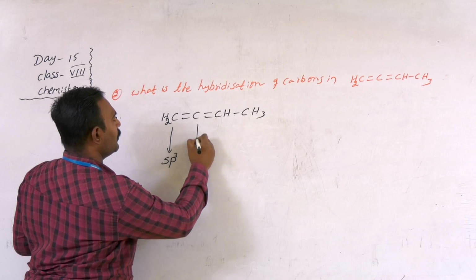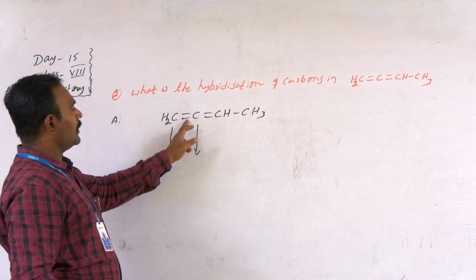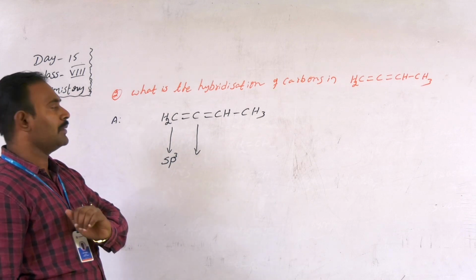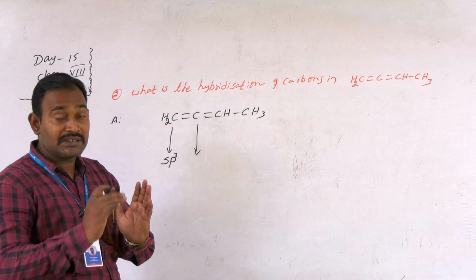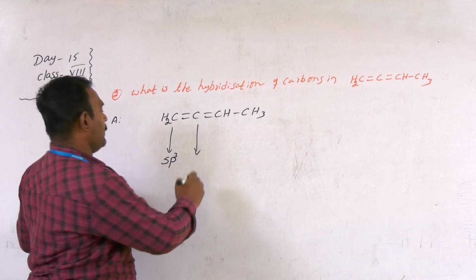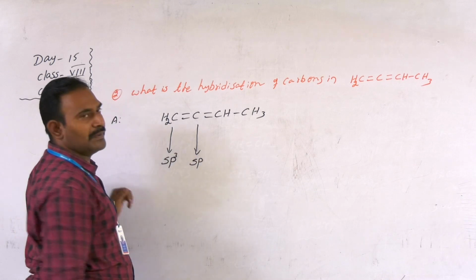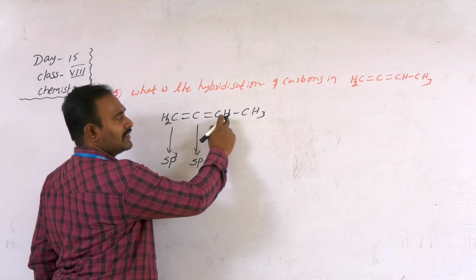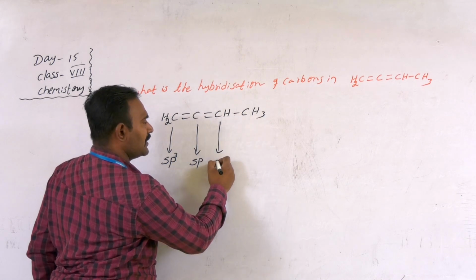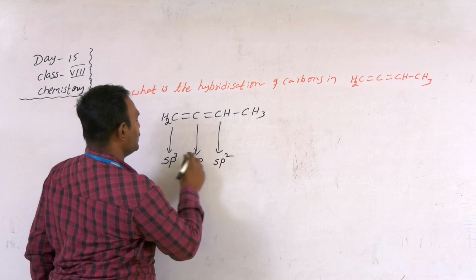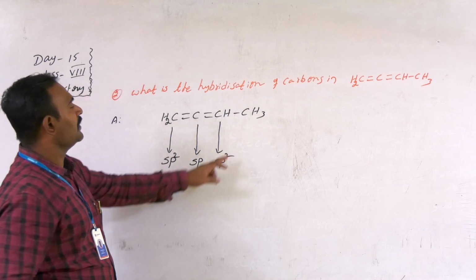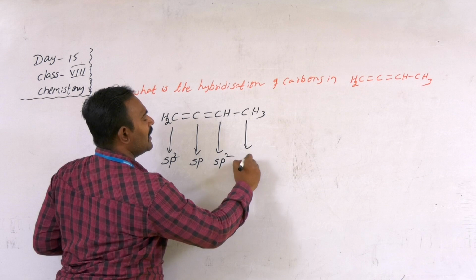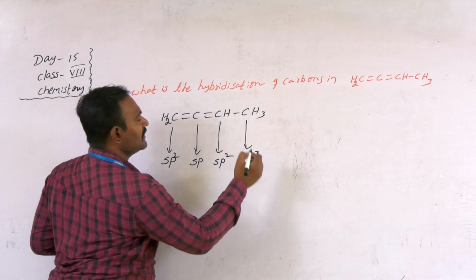So what is the hybridization? sp2. Now coming to this carbon, around this carbon only 2 sigma bonds. Double bond indicates 1 sigma bond and 1 pi bond. So only 2 sigma bonds, so steric number is equal to 2. Then what is the hybridization of this carbon? sp hybridization. Next coming to this carbon, 1 sigma bond, second sigma bond, third sigma bond. So what is the steric number? 3. So the hybridization is sp2. Next coming to here, 1 sigma bond with carbon and 3 sigma bonds with hydrogen. So the hybridization of the carbon here is sp3.